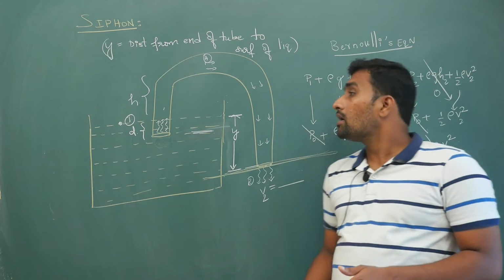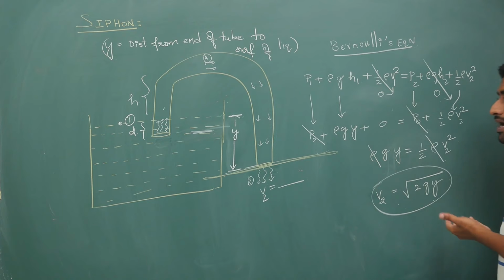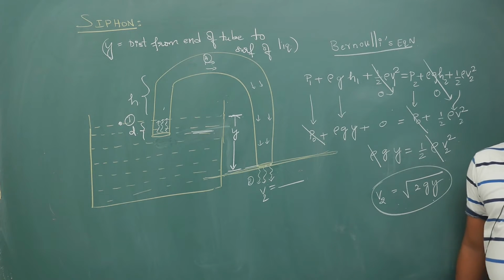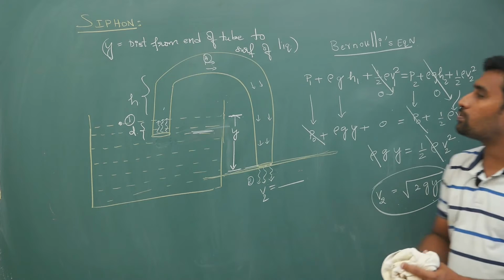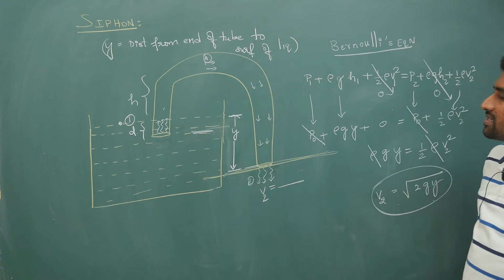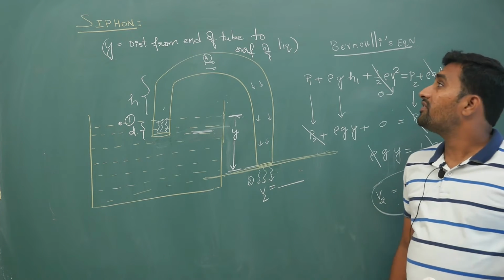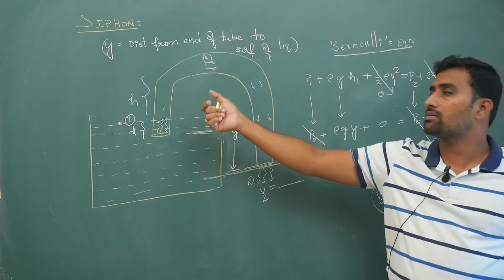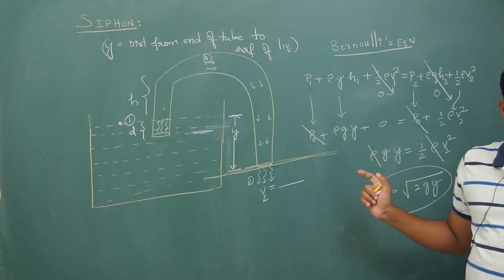If you want to copy this math part, this is the maths part. If a question comes, this is the area from where the question will come. Now let us look at the logical aspect of it. If you look at this point A, what is the pressure at point A? If you try to apply Bernoulli's equation between point 2 and point A, I will tell you what will happen. So hope you have copied this down.